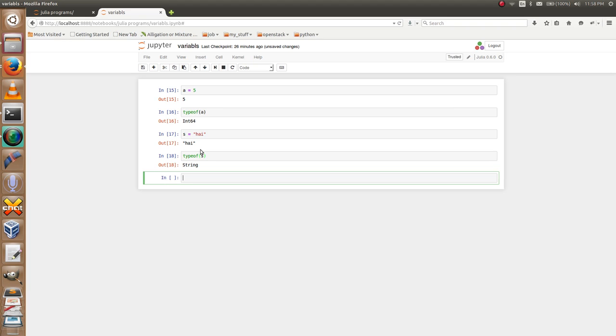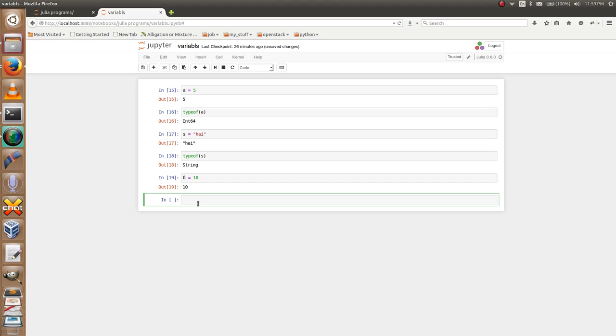Okay, for typing Unicode characters, first type the backslash, then type delta, then press the tab key. In this way we can type the Unicode character, δ = 10. Okay, in the Julia programming language we can use Unicode characters as a variable name, and also Julia has